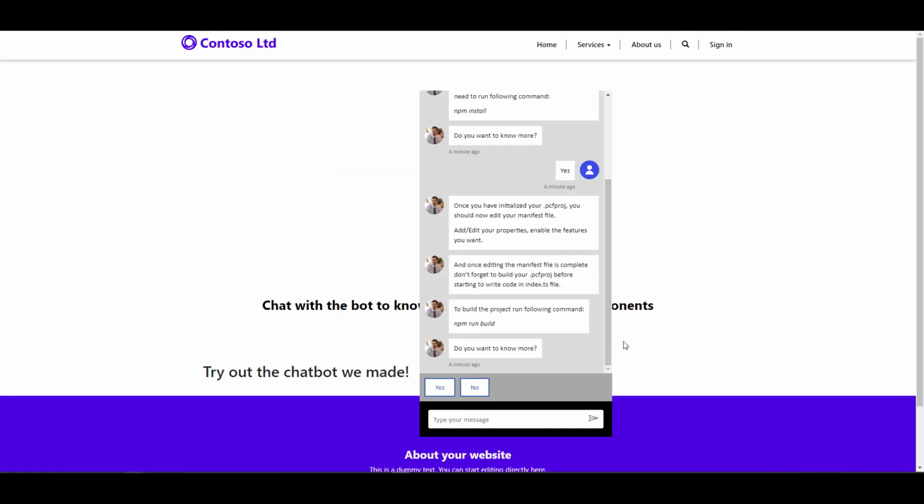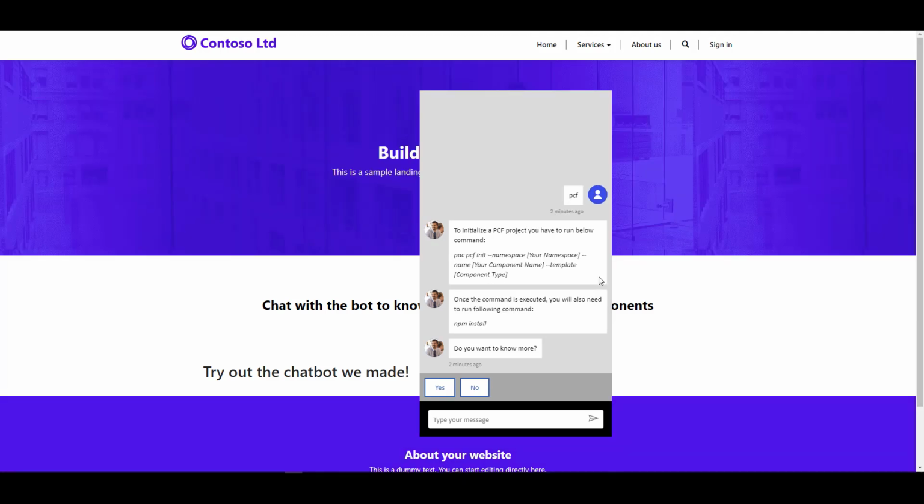As you saw in the previous video, we had added the bot on our portal and we had styled it differently. You don't want your bot to appear in the middle of your screen. Also, you don't want it to appear on the left section or right section and occupy the majority of your screen. You want your bot to be hidden somewhere and only invoked when the user wants to invoke it,